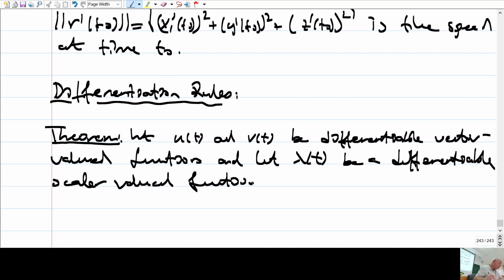Okay, not vector valued, but scalar valued function. Then